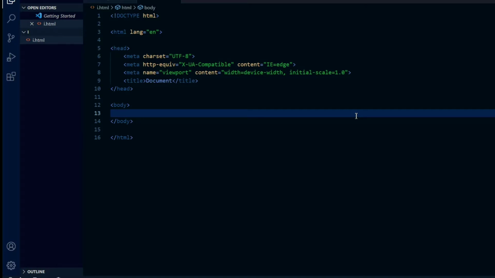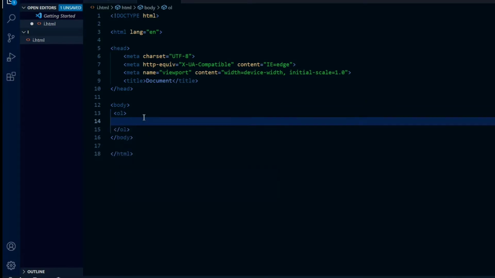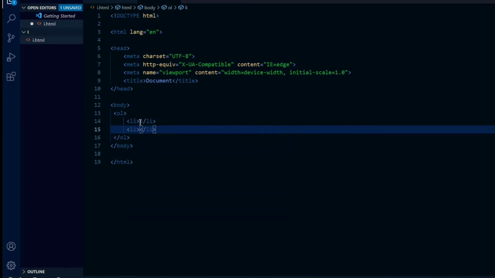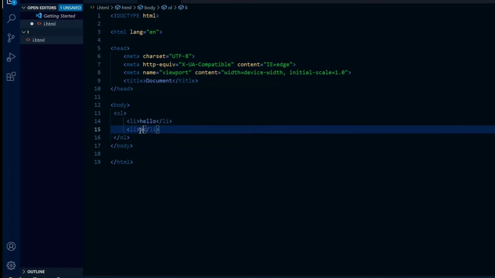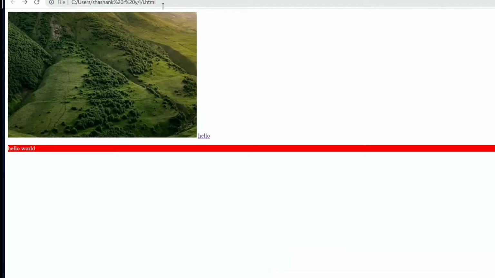them. Well, when we are using the ordered list and unordered list, this acts as the parent node, whereas the list items which we are using act as the child node. Let's look at it. I have created an ordered list with the OL tag and I am using the list items here, and I am using hello world separately as two list items, and I just open in the browser and load